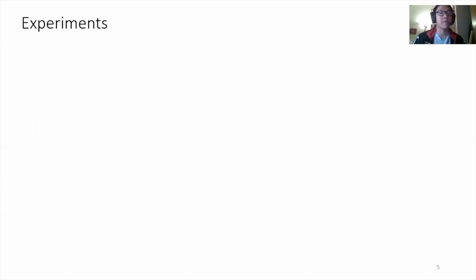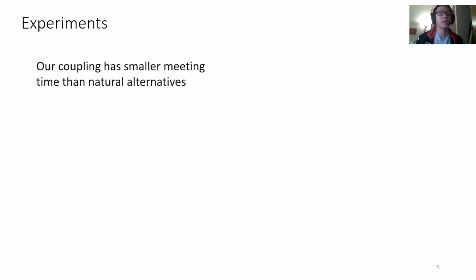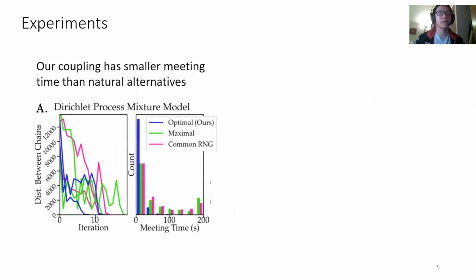Finally, we provide experimental evidence backing the coupling and the benefits for estimation. Our coupling is compared to 2 alternatives that only use label assignments, so they are subject to the label switching problem, where a lot of label assignments correspond to the same partition. On the left, we see that the distance between the 2 chains decreases stochastically at a faster rate to 0 for our coupling compared to the alternatives.